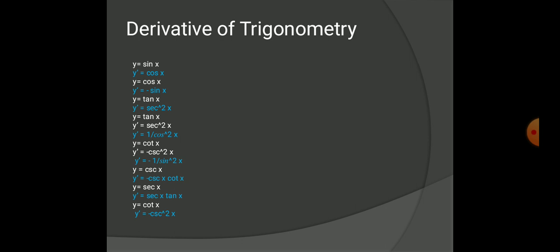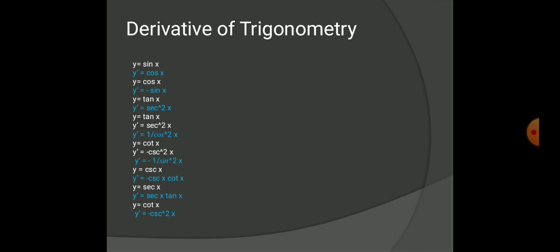So we have the derivative of sine x is cos x, and the derivative of cos x is equal to negative sine x, and the derivative of tan x is secant squared x, or the derivative of tan x is 1 over cos squared x, and the derivative of cot x is equal